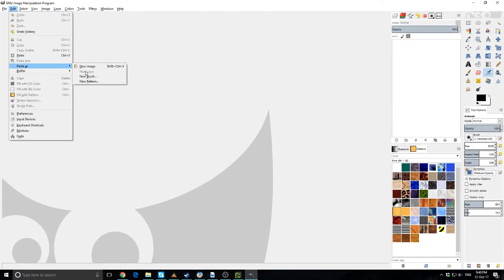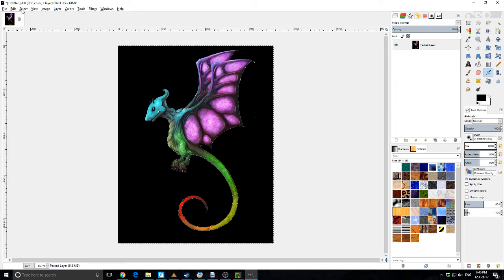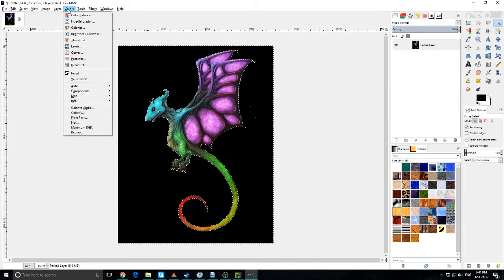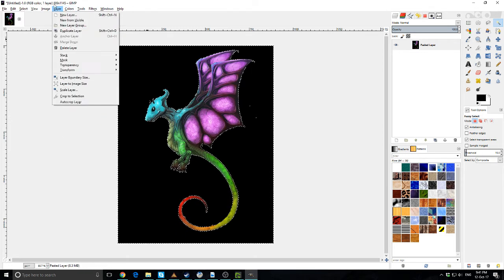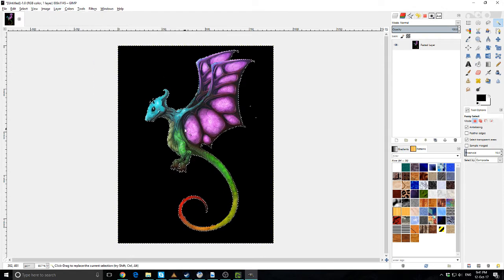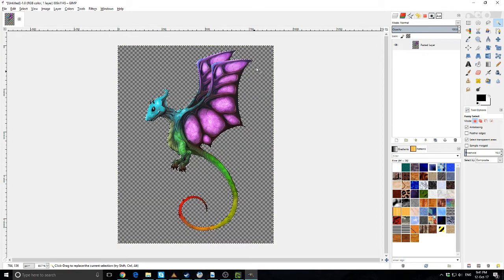So I'm going to paste as a new image. Alright, I'm going to use my magic wand to select everything. I'm going to come up to, oh, it's been a while. There you go, layer and transparency. I'm going to add an alpha channel. Then I'm going to press delete. Because I'd already highlighted everything else, it just works. Alright, then we're going to export that as,